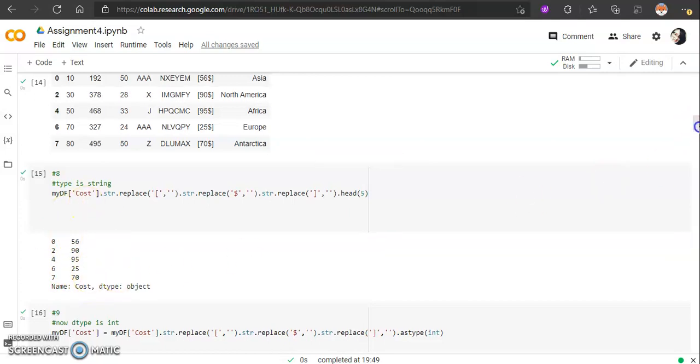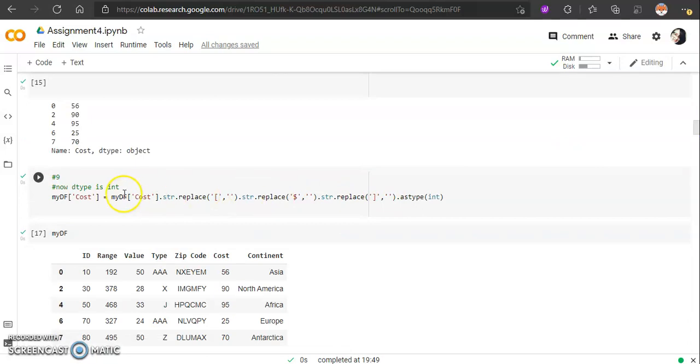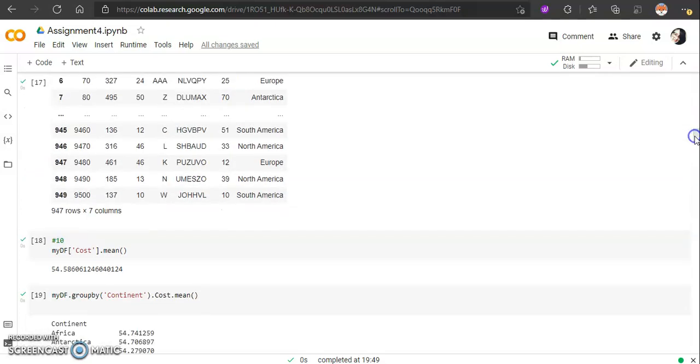In order to change the data type to integer, I use astype and then assign this column to this command, and as you can see here, the cost changed to this number and changed to integer, and then easily calculate the mean of cost here, and then